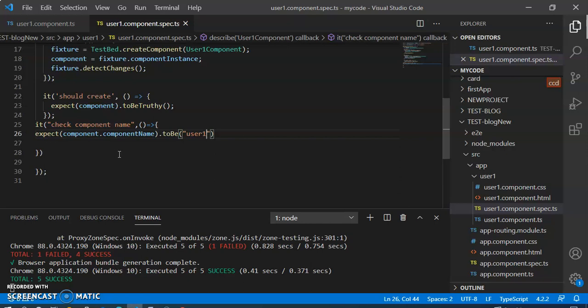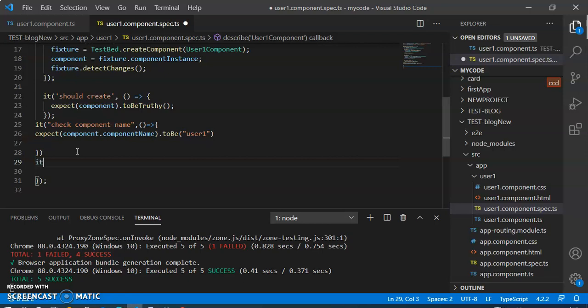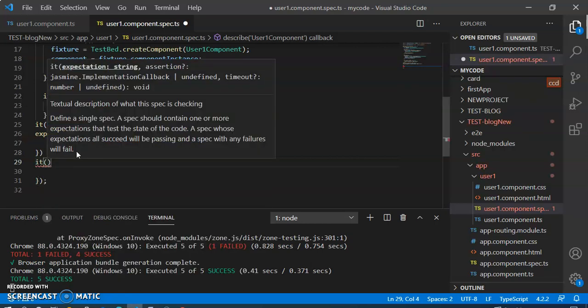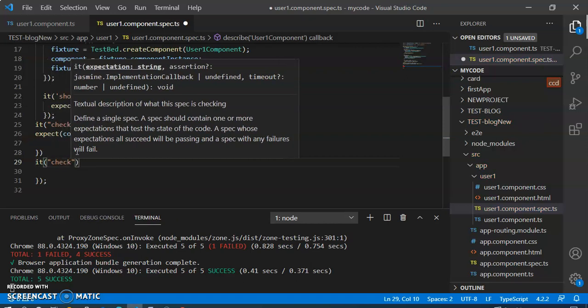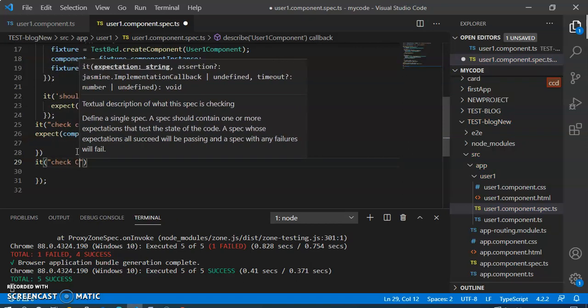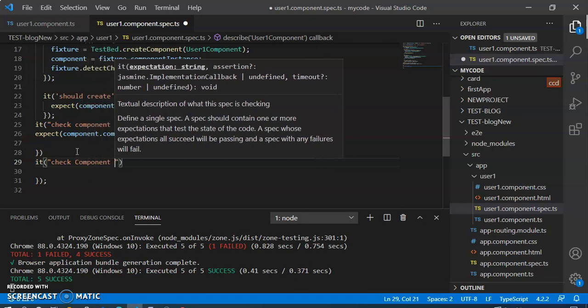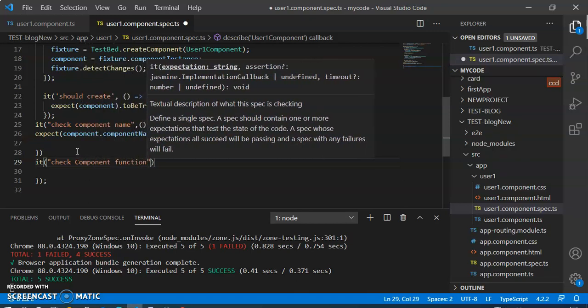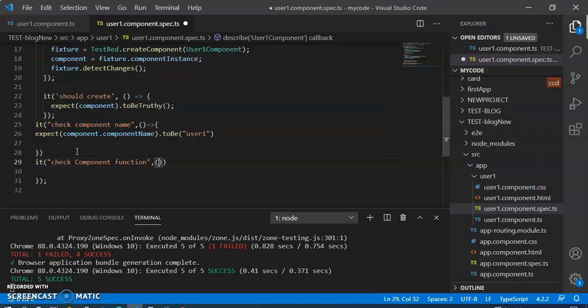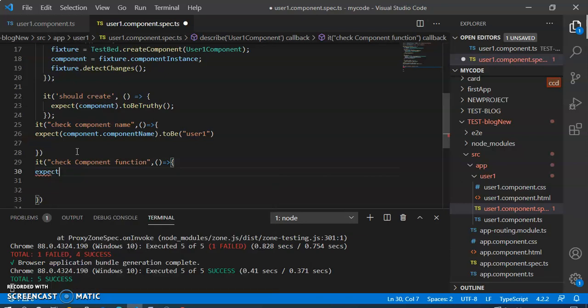If you have to write one more program, for that we have to write here, and then we have to write it, check component function, as we have written here, and then again write expect.